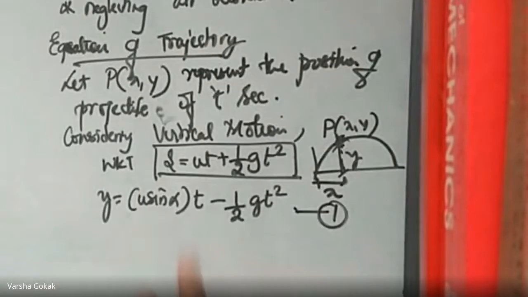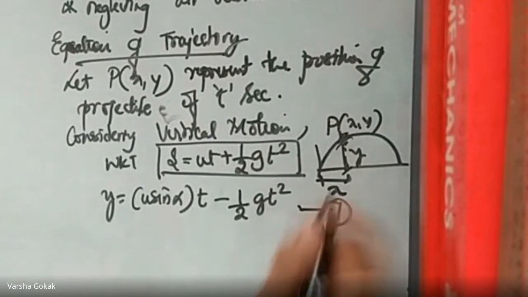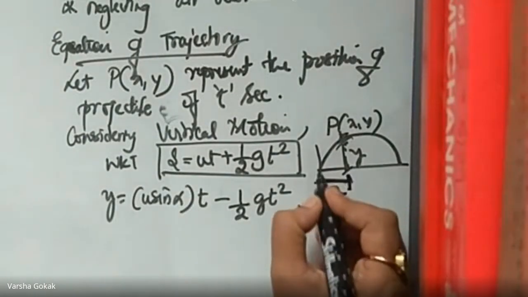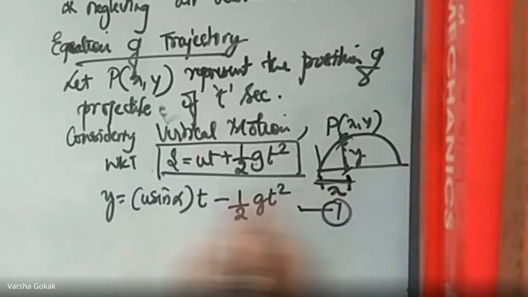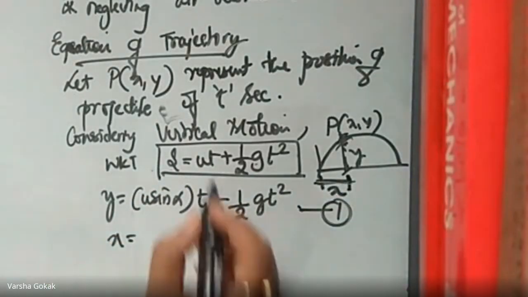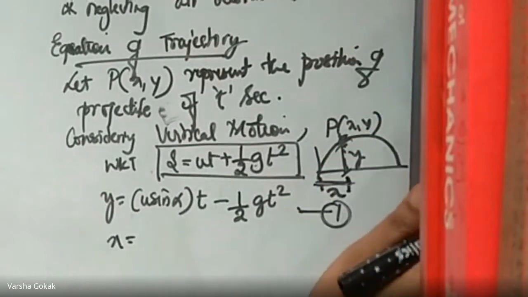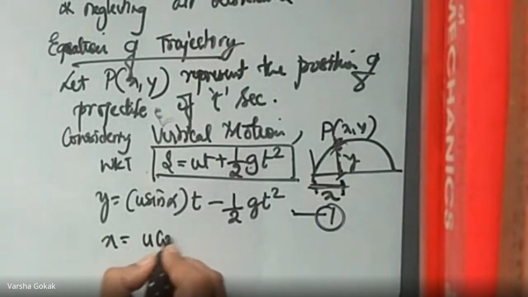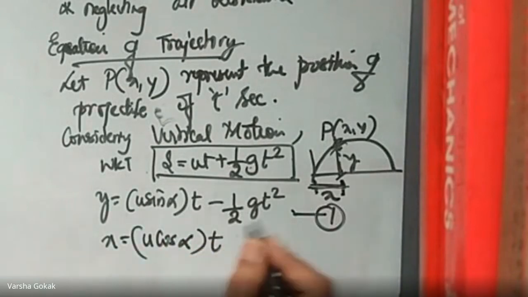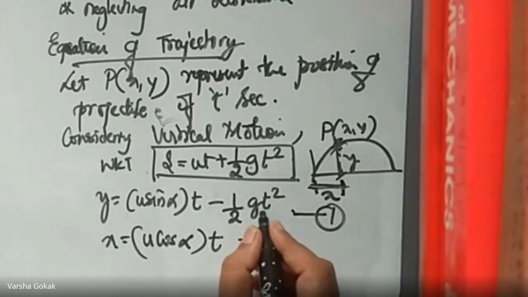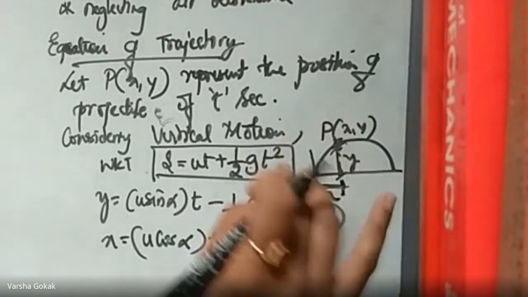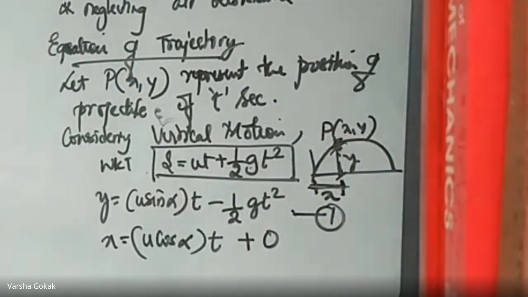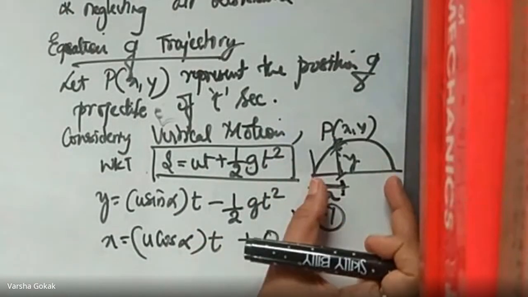Let us write the horizontal component. Horizontal component means when the particle is moving for this distance. Now in the same equation, I put s as horizontal, that is x. When I'm talking of horizontal motion, u is u cos of alpha. So u cos of alpha into t, and g is 0 because we are neglecting the resistance of air. We will not be taking g into consideration, only the horizontal distance.